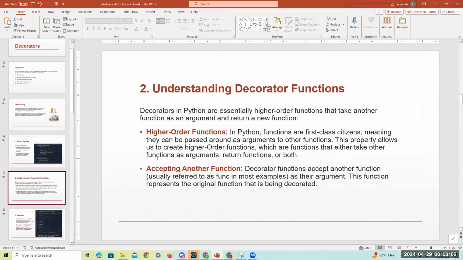All right, so understanding decorator functions. The decorators in Python are essential higher order functions that take another function as an argument and return a new function. So that's practically what we're gonna go into a little more in detail, right? So in Python, functions are like first-class citizens, meaning they can be passed as arguments to other functions, as we're gonna be able to see right now,